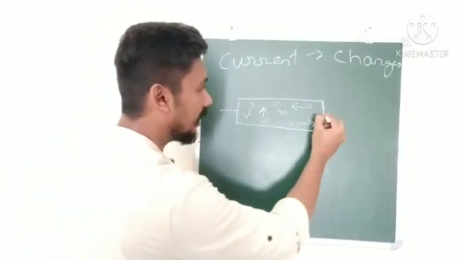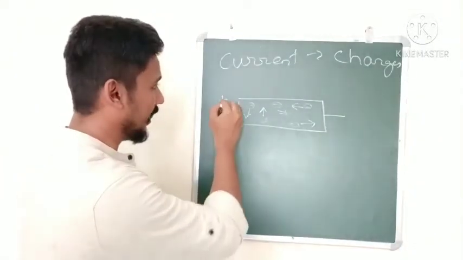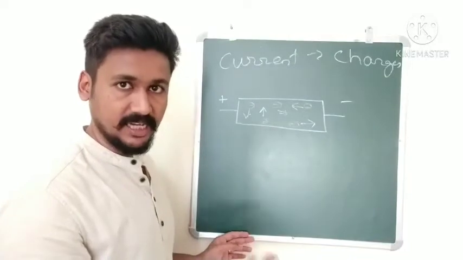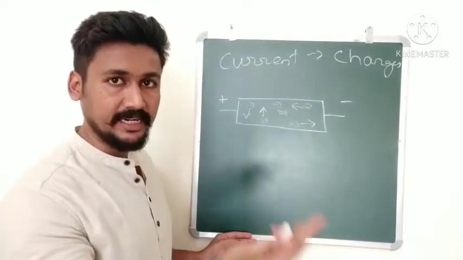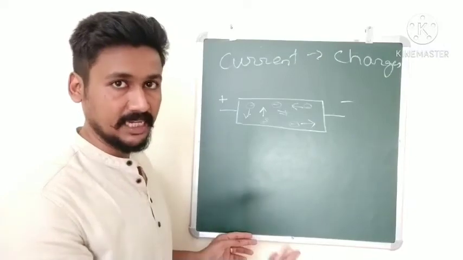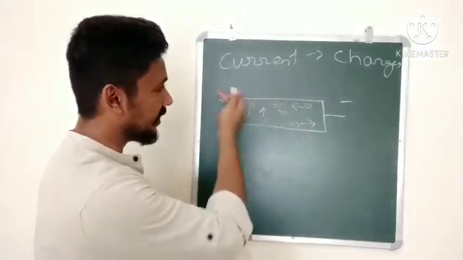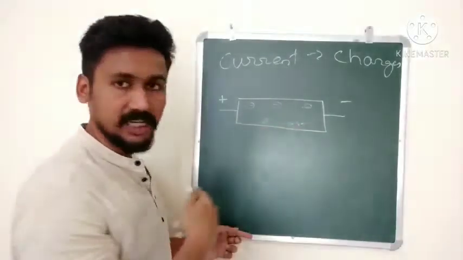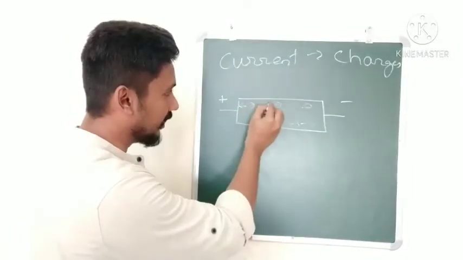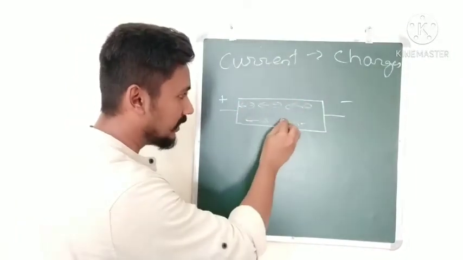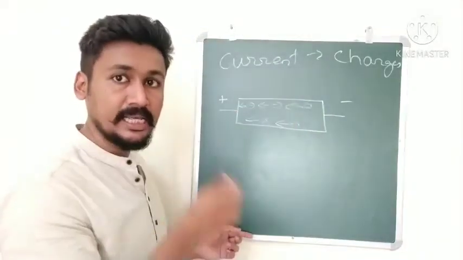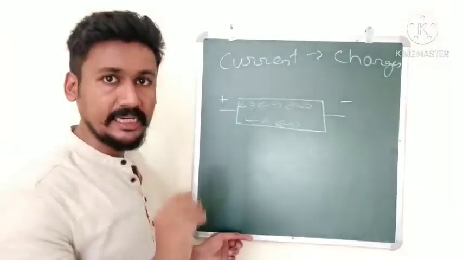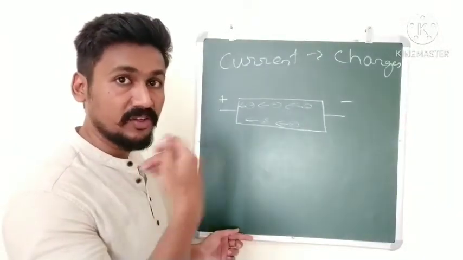We can attach a power supply. Okay, if we attach a power supply, so there will be positive at one end and negative at one end. Electrons are having negative charge, and we know very well negative is attracted to positive. Okay, there will be attraction between unlike charges. So these negative electrons, they will get attracted to the positive side of the battery, and then what will happen? The electrons which were initially moving randomly, they will all start moving in one direction. Now all these electrons, when they are moving in one direction, now we say we are getting an electric current. Okay, so this is the meaning of electric current. Okay, the movement of free electrons.